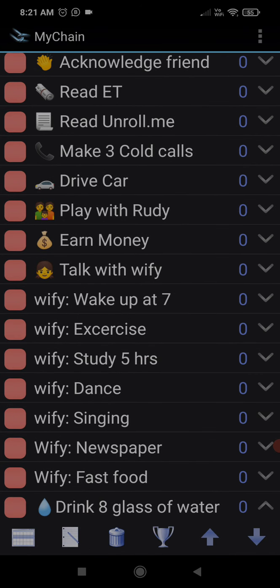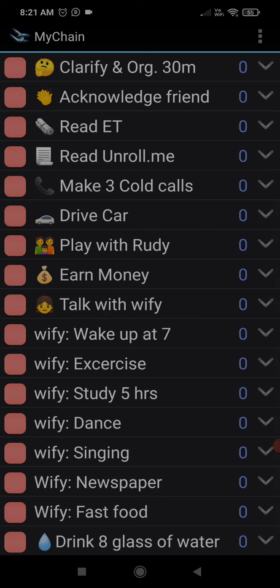Now how do you use it? By just one tap or one click, the red color will change to green color. Ideally, at the end of every day when you're doing your daily review, you'll go through this app and click on the habits. Let's say yes, I drank 8 glasses of water today, and you'll tick mark it as yes, it will turn into green. If you haven't done it, then you need not click on it because you didn't do it.